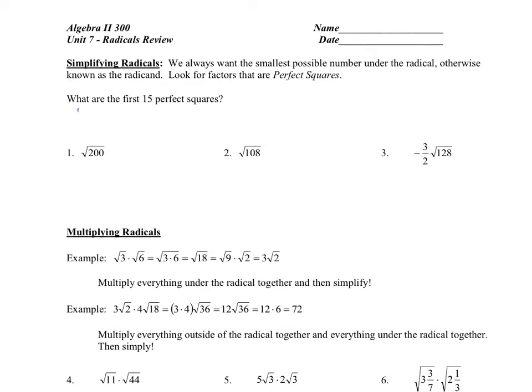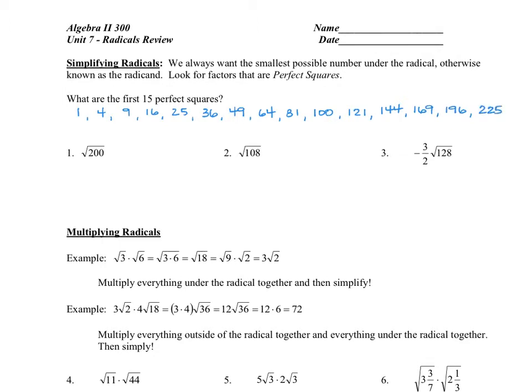So 1 squared is 1, 2 squared is 4, 3 squared is 9, 4 squared is 16, 5 squared is 25, 6 squared is 36, 7 squared is 49, 8 squared is 64, 9 squared is 81, 10 squared is 100, 11 squared is 121, 12 squared is 144, 13 squared is 169, 14 squared is 196, and 15 squared